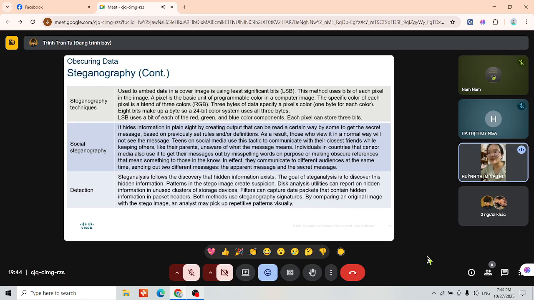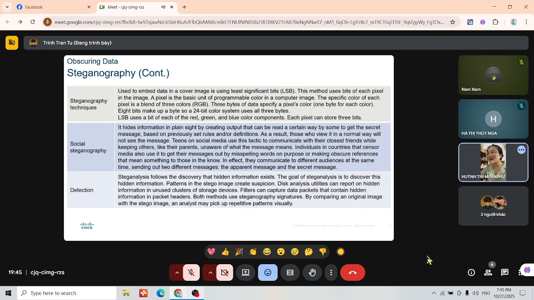We have three: steganography techniques, social steganography, and the last, detection. The first,